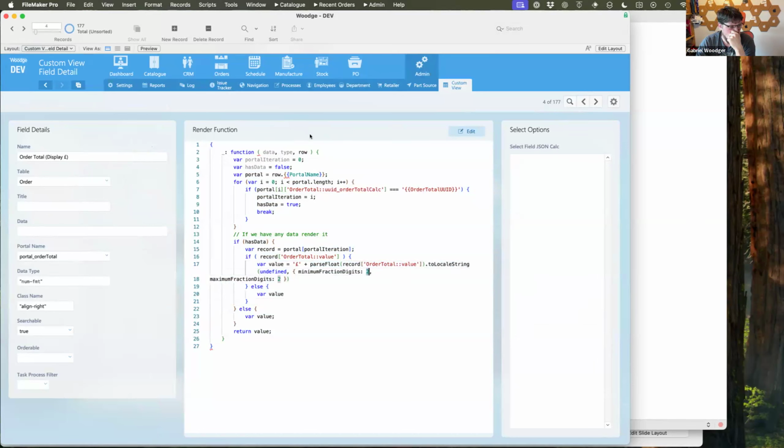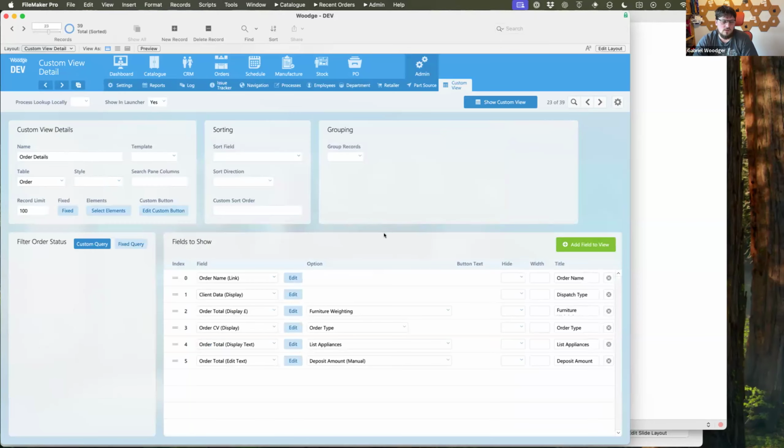And if they decide, oh, I want to see it rounded to the nearest pound, then this type of JavaScript stuff is something the LLMs would be fantastic at being able to say, okay, yeah, great, here's how you can render that, you can do that from there. So I think that's where a lot of the opportunity comes, a lot of that report building functionality, if that makes sense.